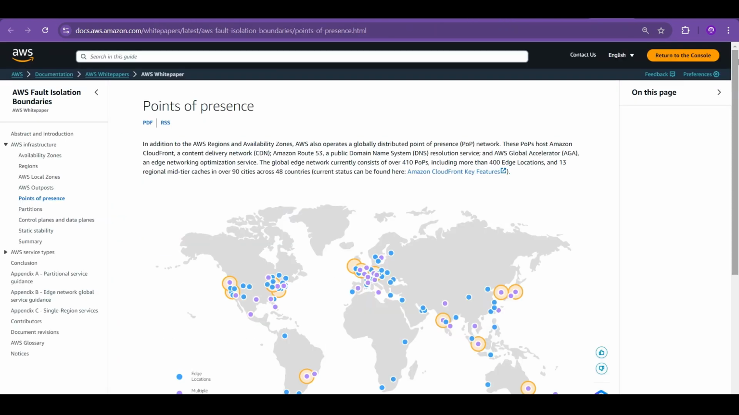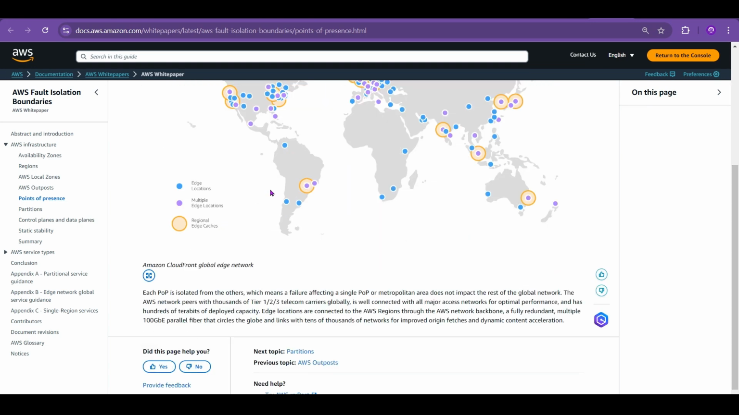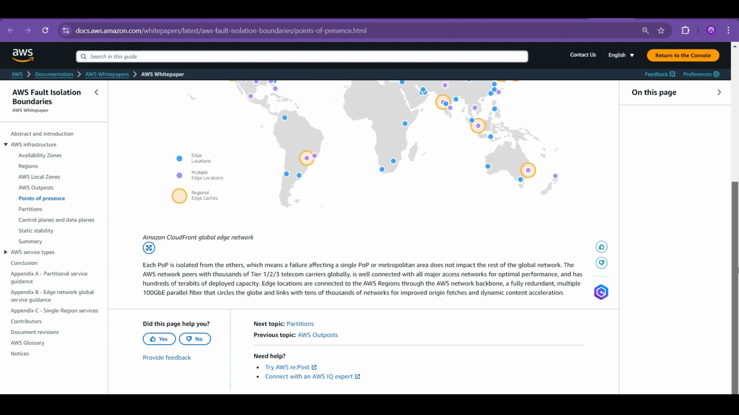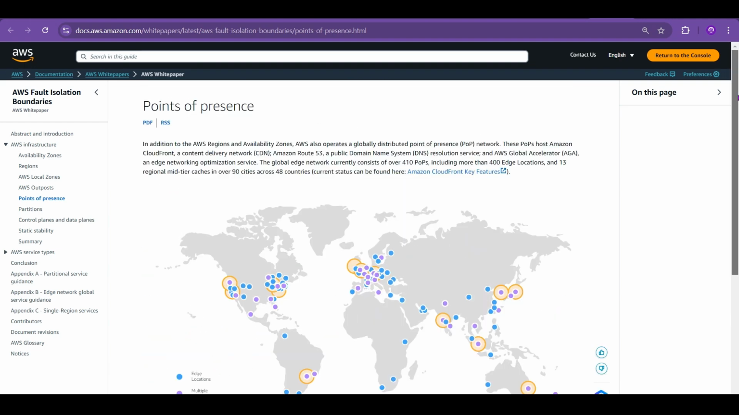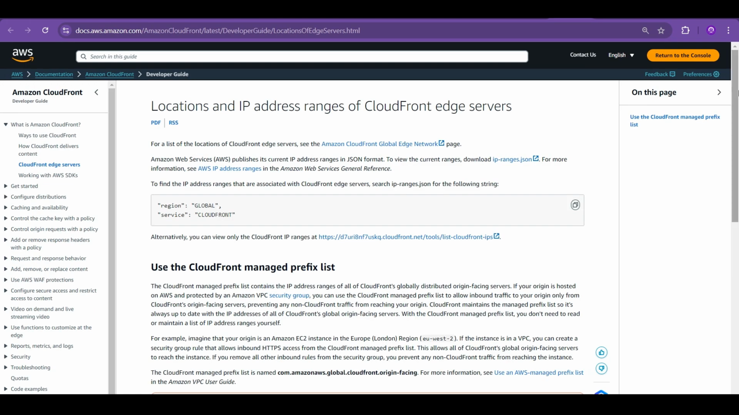So you can see that there are many different locations. Regional edge caches are there. Multiple edge locations are there. Okay, so around 410 points of presence are there, 400 edge locations are there, and there are many locations, it looks like. So they keep adding. Okay, so you can go and get the list in the